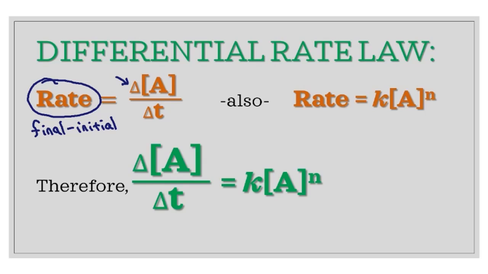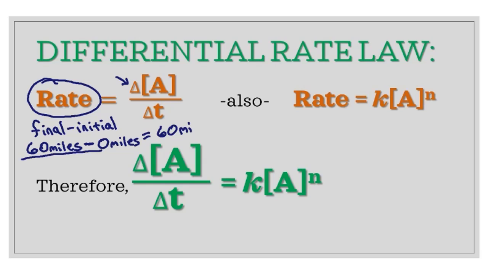So you drive for 60 miles to your friend's house. After you finish driving to your friend's house, you've driven a total of 60 miles, and that's the final. And then you want to subtract the initial, which is 0 miles, because you were at your house. So you started at 0 miles, and you ended up 60 miles away. So that's going to give you 60 miles